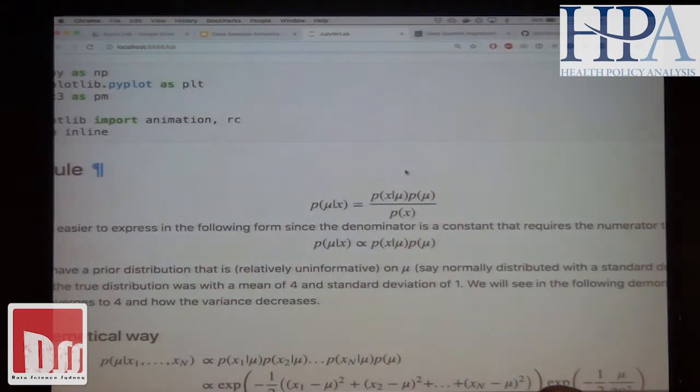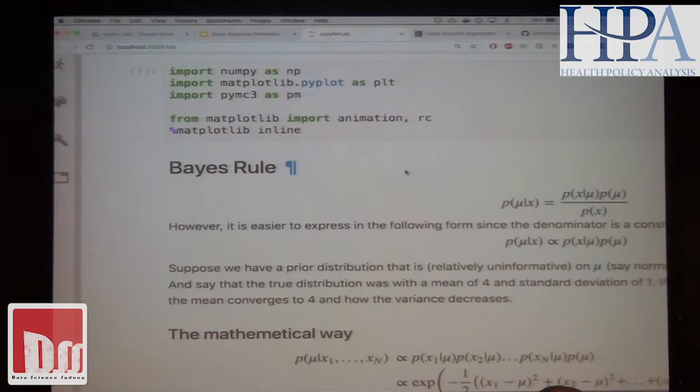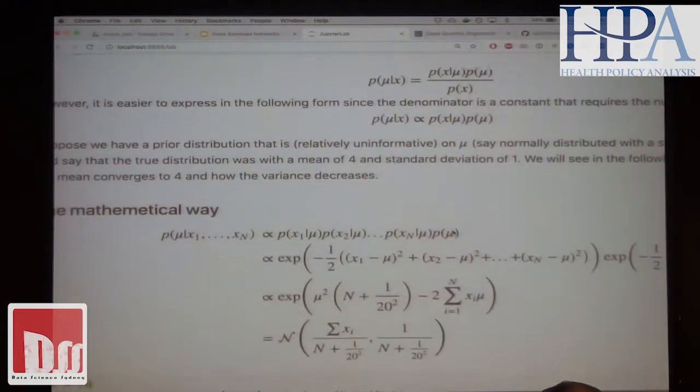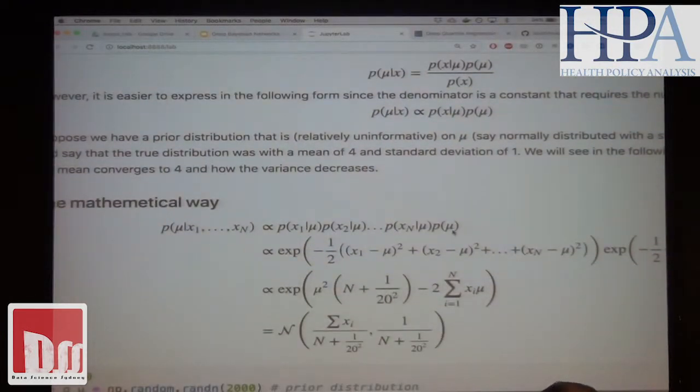Okay. So the first thing that I'm going to be going through is a simple example where I sample from a normal distribution, and I want to find out what the mean is. Actually, before that, just quickly the Bayes rule. That's the Bayes rule that you're most familiar with, right? So the example, again, coming back to that, what I'm going through is the mean is going to be 4 and the standard deviation is 1. Okay, so what I want to find is what is the posterior, what is the mean given the data.